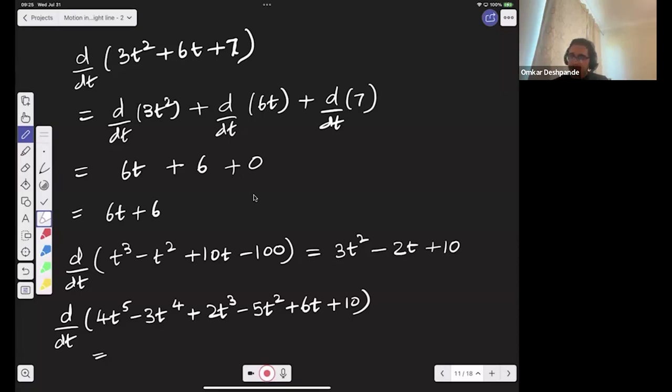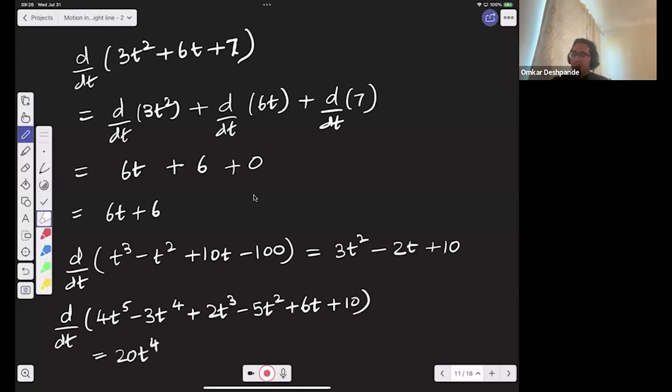Okay, so I'm seeing some suggestions here. Let's do this mentally, okay? What's the derivative of 4t to the power 5? Well, pull the 4 out. Take the derivative of t to the power 5. That's 5 times t to the power 4. When multiplied by 4, it's going to be 4 times 5 times t to the power 4. So that's 20t to the power 4